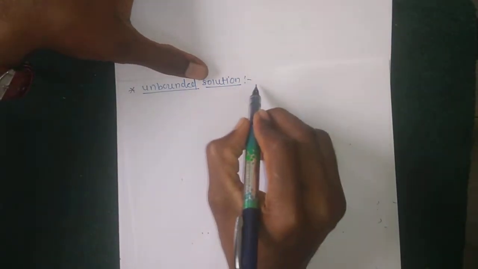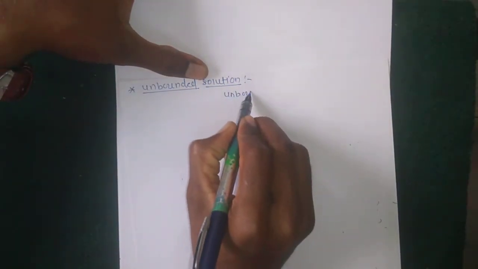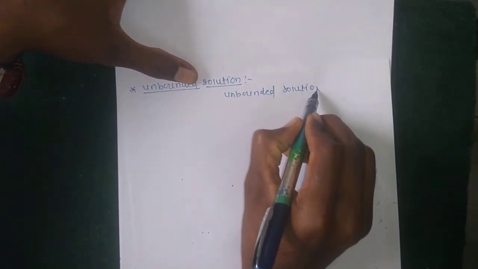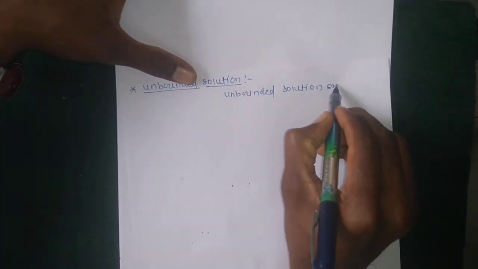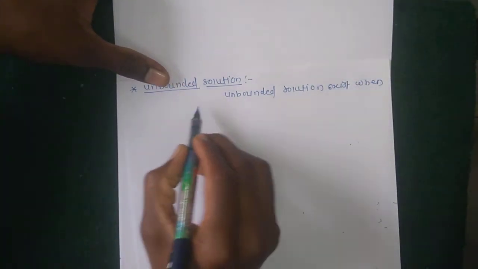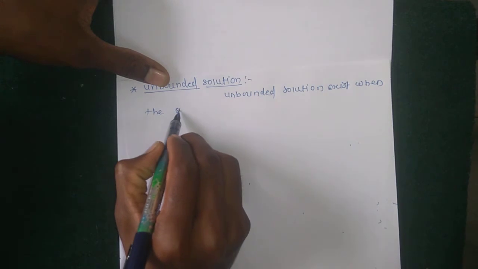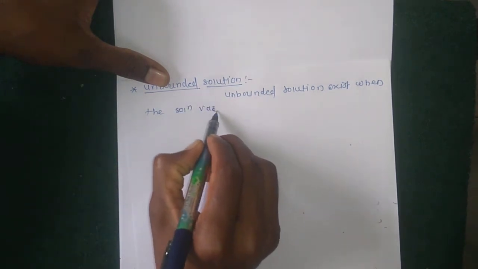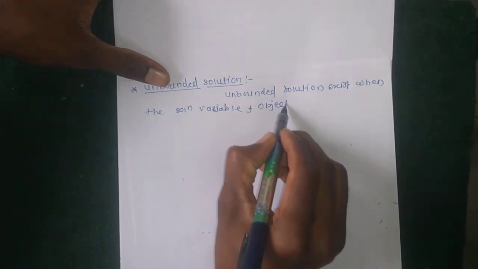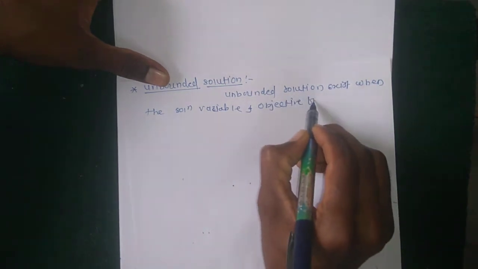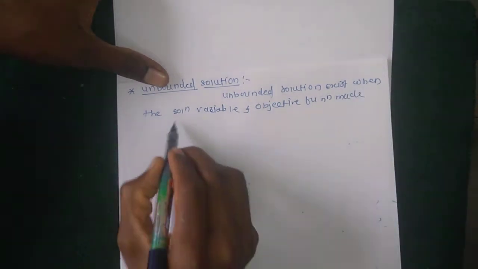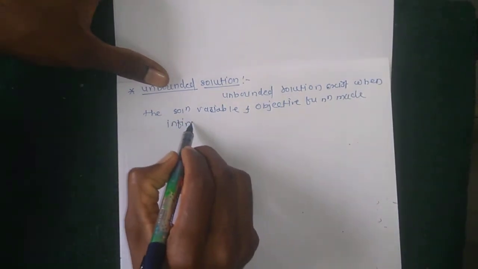Unbounded solution means an unbounded solution exists. An unbounded solution exists when the solution variable and the objective function can be made infinitely large, that is